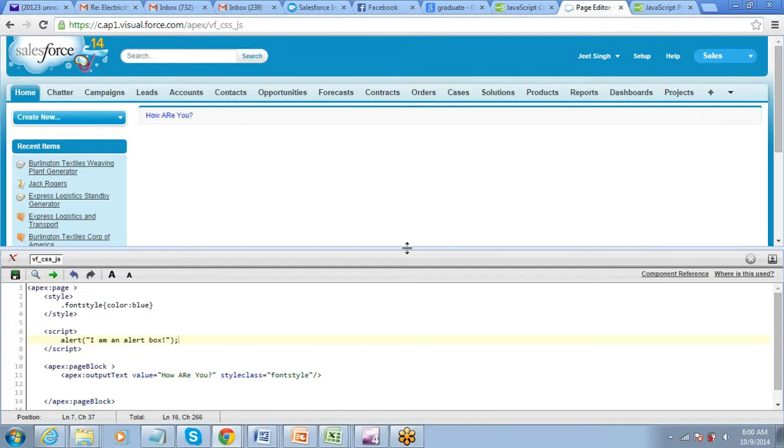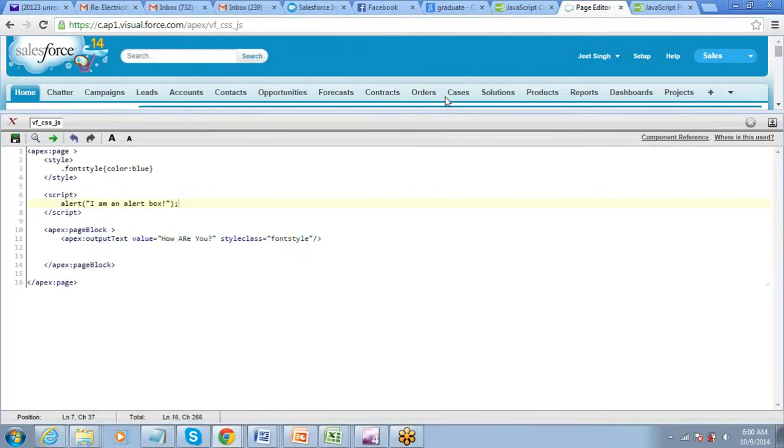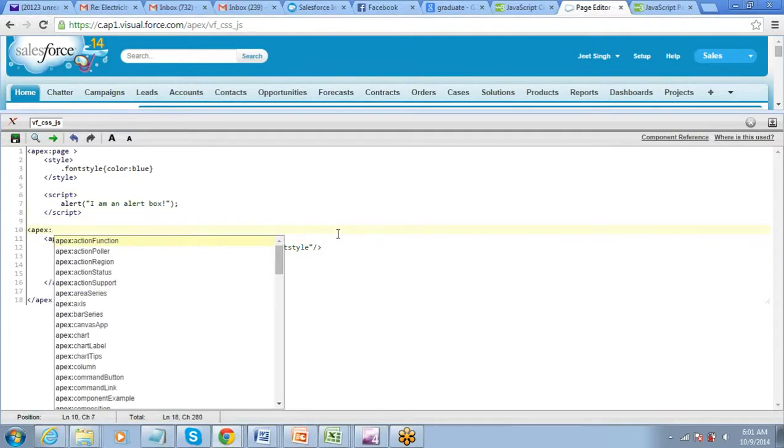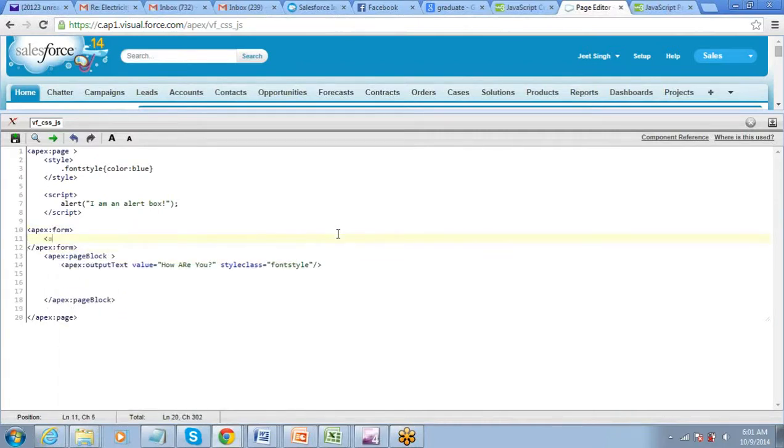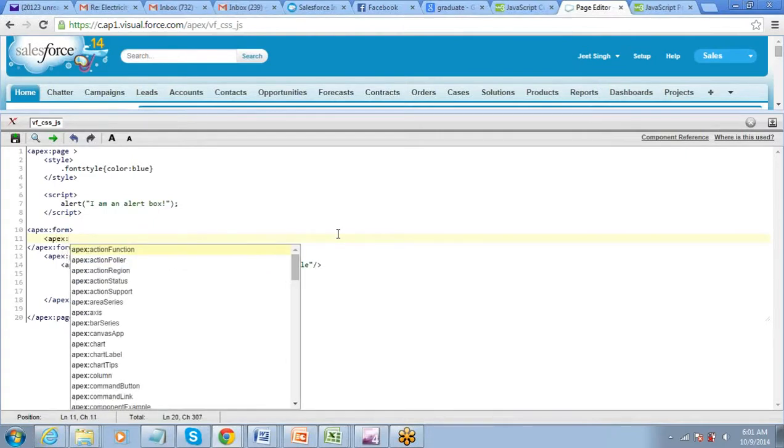So as I told you, most of these Visualforce components have an attribute for style. Most of them have an attribute for some JavaScript action also, right? In case you want to perform, especially the action buttons. So sometimes before saving the record, you created a save button, and before you save the record, you want to prompt the user, are you sure you want to save the record? He says okay. So that kind of thing.